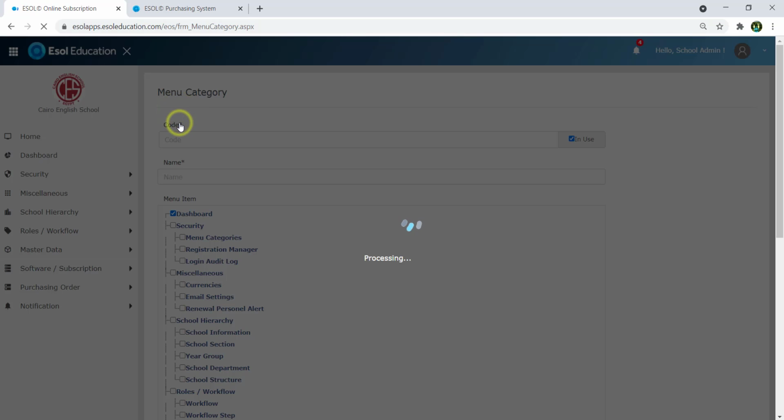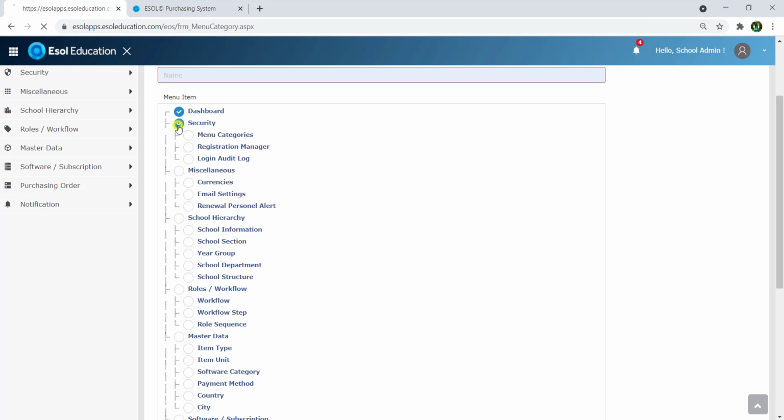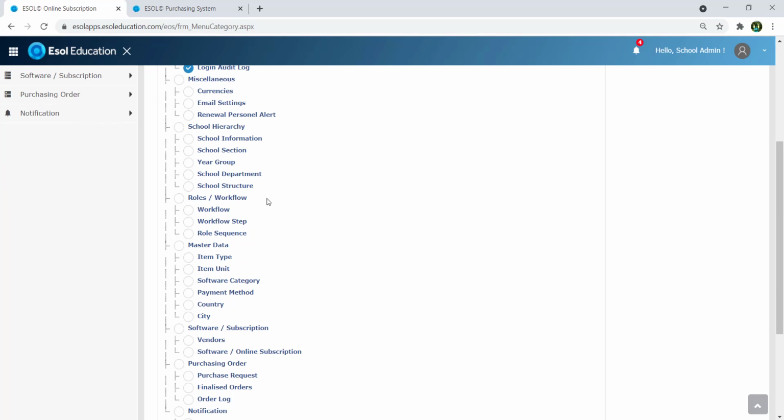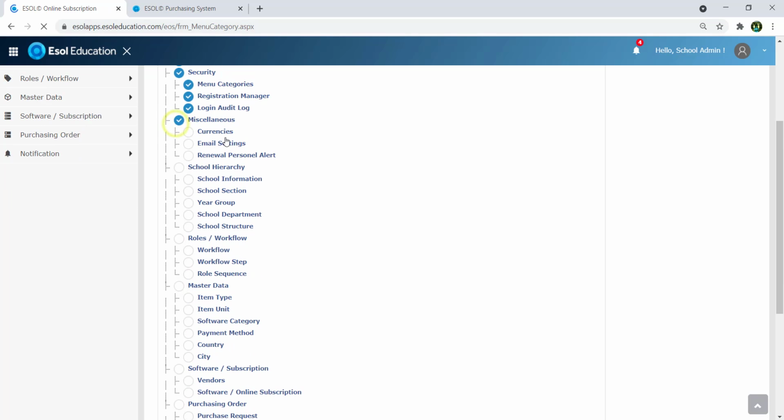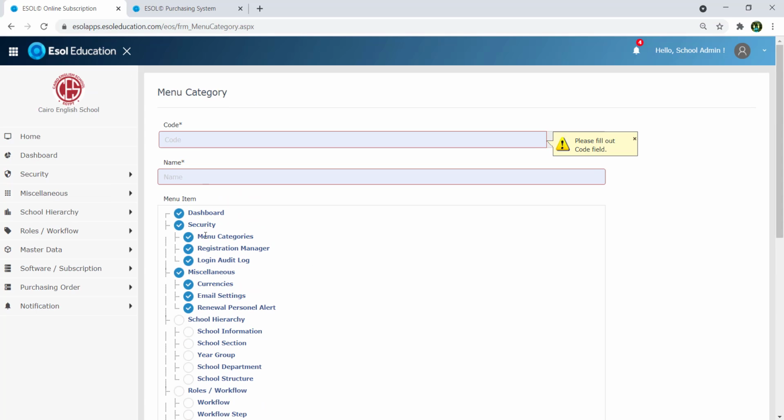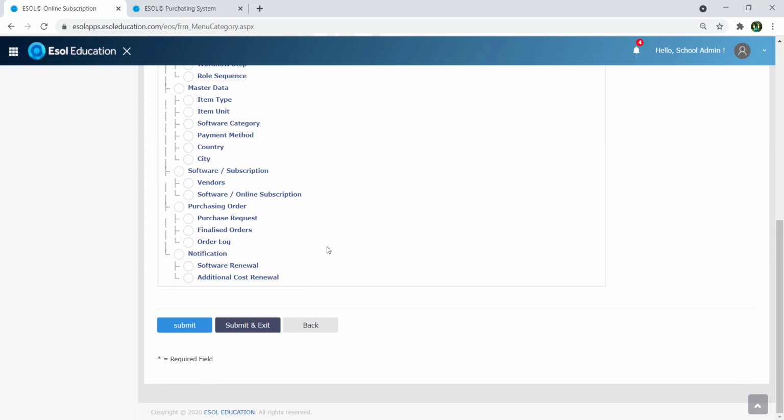And by checking what is needed, you can allow certain users, depending on their role, to have a certain menu category only accessible to them. So they can access this part and the rest is not. Of course,